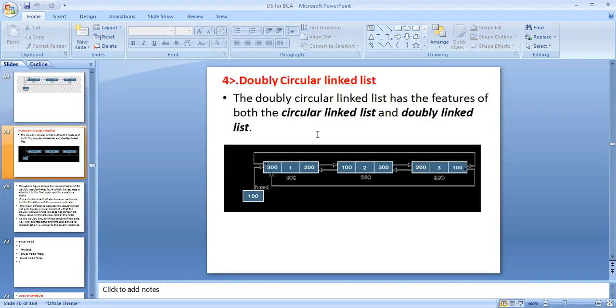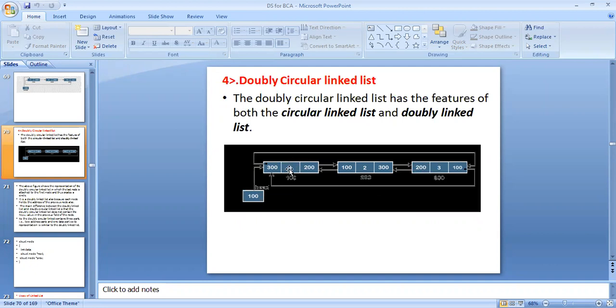Then the doubly circular linked list. The doubly circular linked list has the features of both the circular linked list and the doubly linked list. In this figure, see here, 300 is the previous address, then 100 is the previous address, and 200 is the previous address of the node.